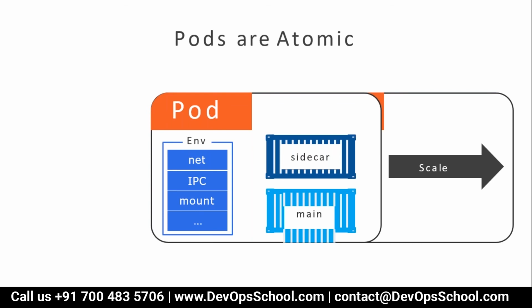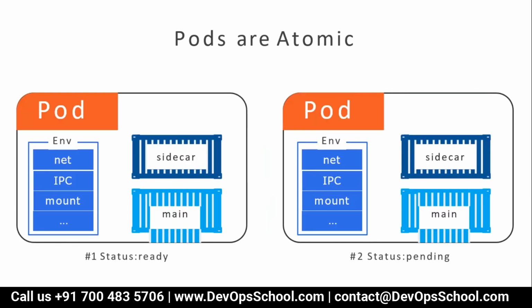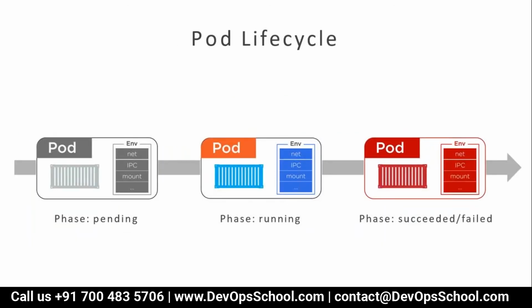Pods can scale. Once you create pods from 1 to multiple, the earlier pod is in ready state, and the second pod will get into the pending stage. These are the life cycle. Guys, do you remember the container life cycle? Anyone would like to tell me? Yeah, it's create, start, restart, pause, unpause, resume, kill, and so on. But guys, remember, a pod is not a physical entity.